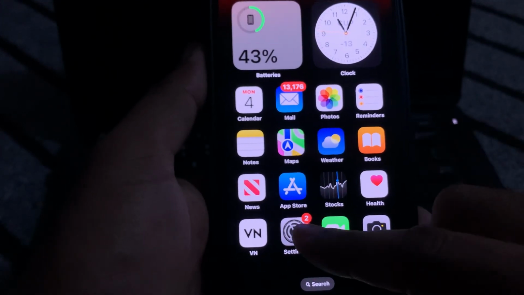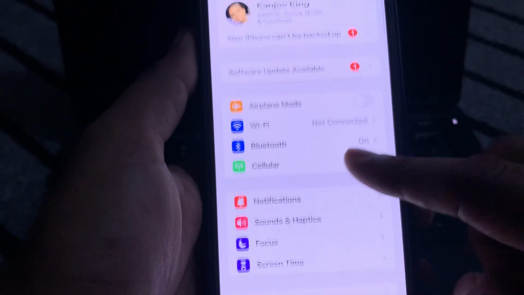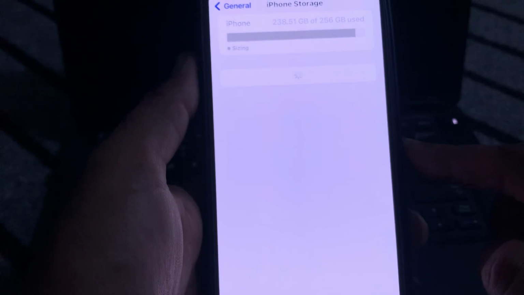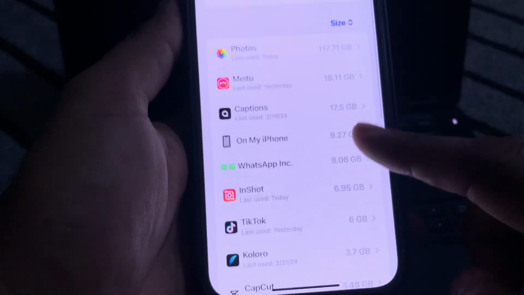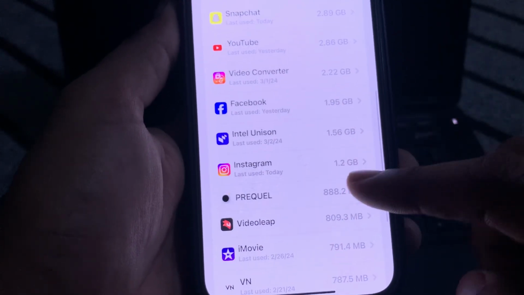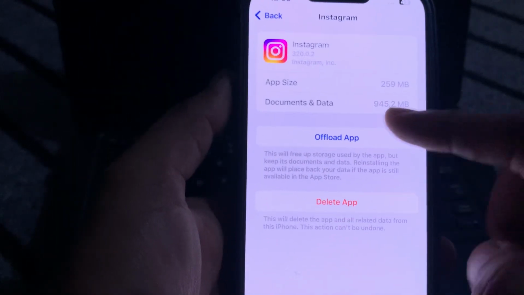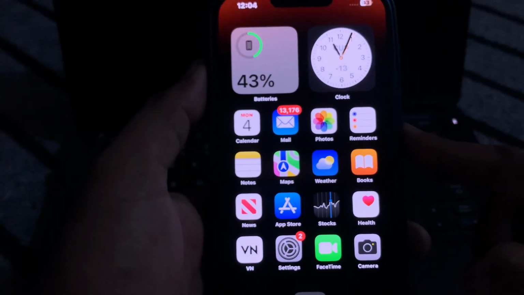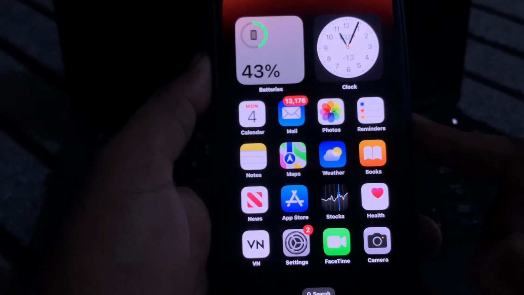to the next solution. The next solution is open iPhone settings, tap on General. Okay, tap on iPhone Storage. Okay, find here Instagram. Tap on Instagram and offload the Instagram app and then reinstall it on your iPhone. Okay, if that method is not working and you are still facing this kind of issue, then move to the